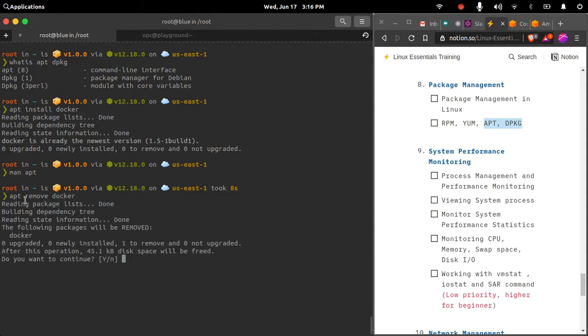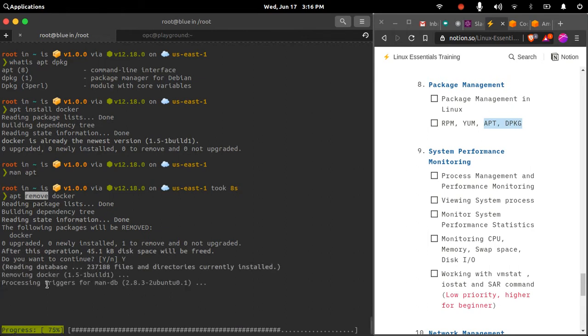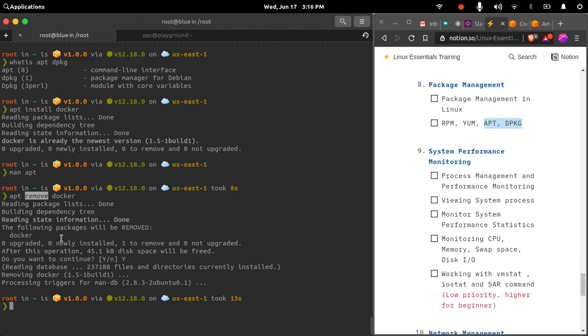What I am doing is, in apt, that is your Debian package manager, I am just removing this particular package, that is docker. It will basically remove this package from the system. So it has removed only the package docker. This package does not have any dependencies at the moment, hence it is only removing one package, okay, one to remove.